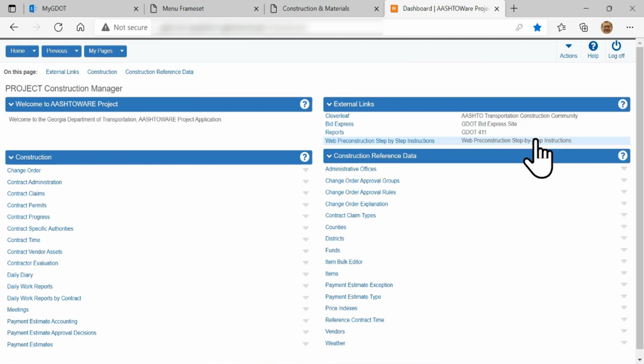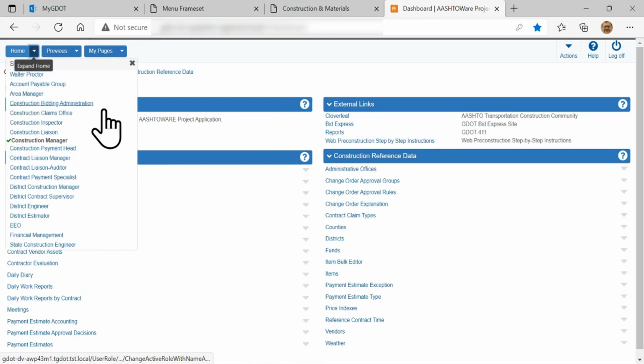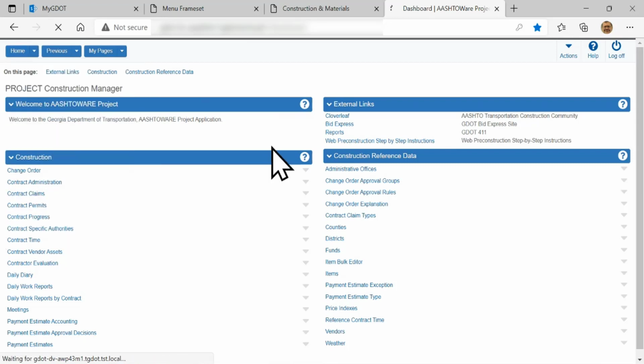This is my dashboard. I'm now logged in and I can access my information here that I'm working with. You'll see here I'm logged in as a construction manager. If I wanted to change my role, I click on the drop down for home, and boy, I have a lot of roles in here. There's my construction inspector. I'm going to log in as a construction inspector. It doesn't look too different from a construction manager, but it does maintain the right amount of permissions and controls and access that I have.